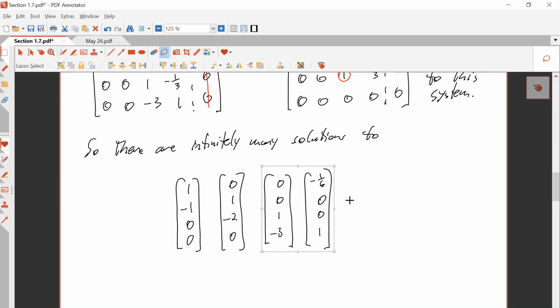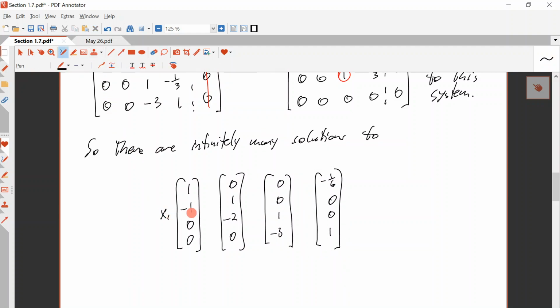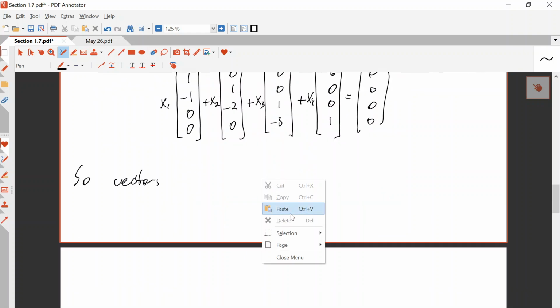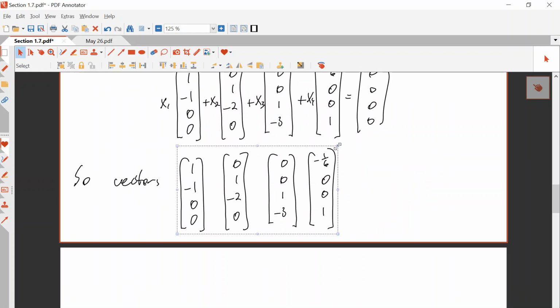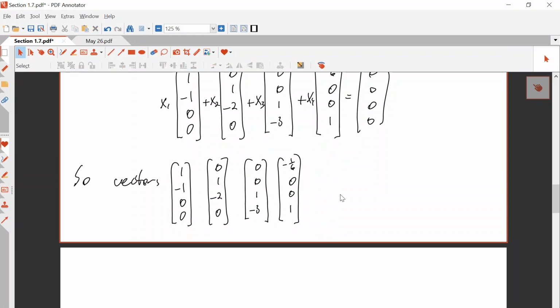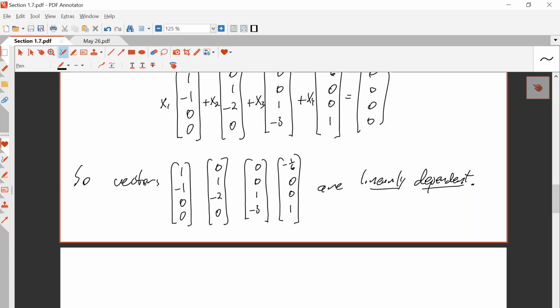Right, so those are fine. Just move this guy over. All right. So there's infinitely many solutions to this. So that means it's linearly dependent. So vectors are linearly dependent. All right. So notice that